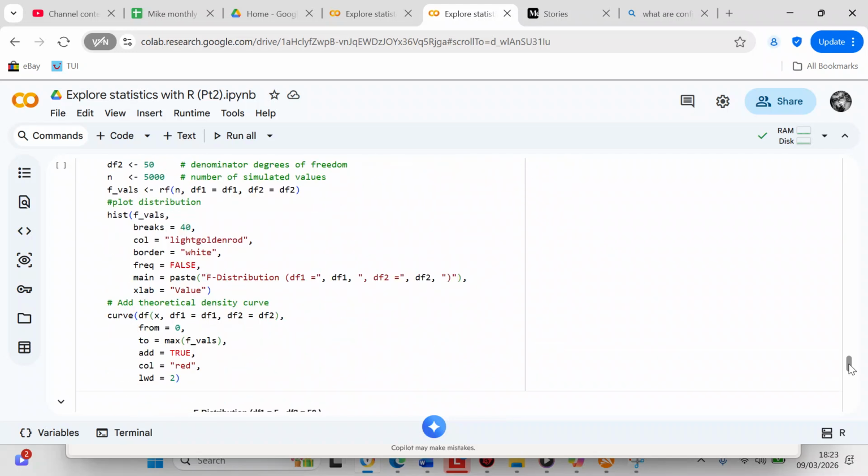So curve(dF(x, df1 = df1, df2 = df2), from = 0, to = max(f_vals), add = TRUE, col = "red", lwd = 2). So when we run the cell,